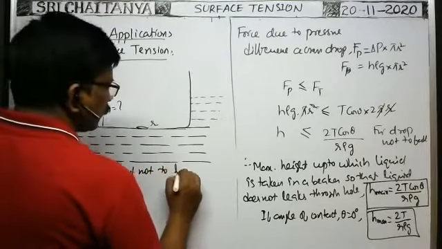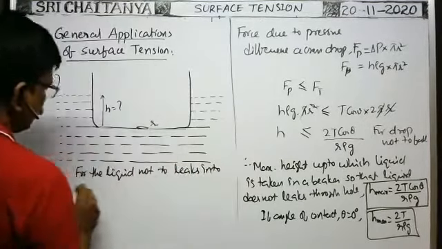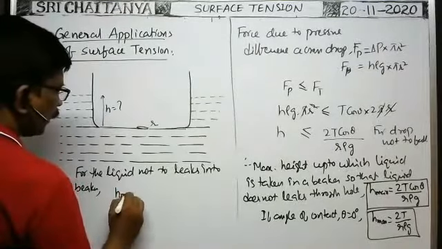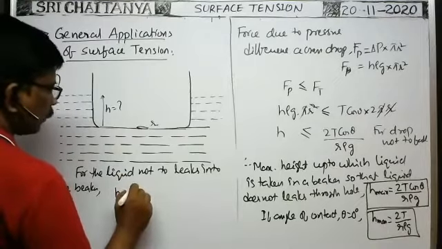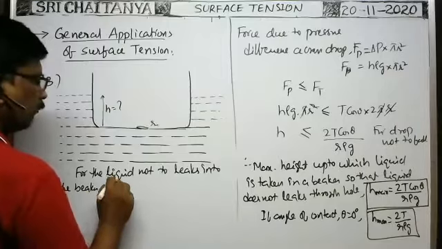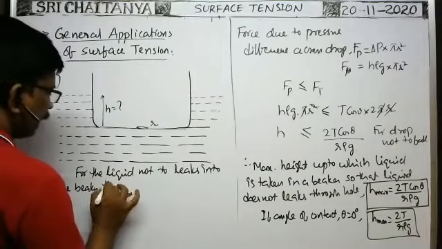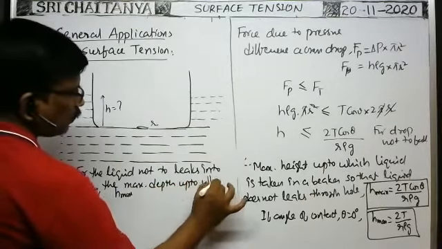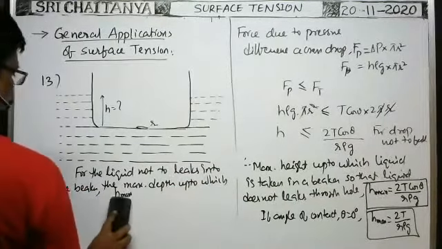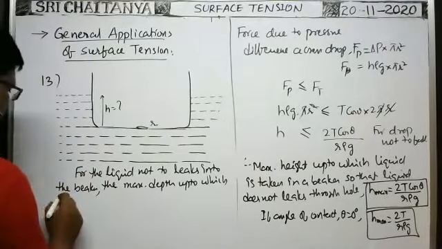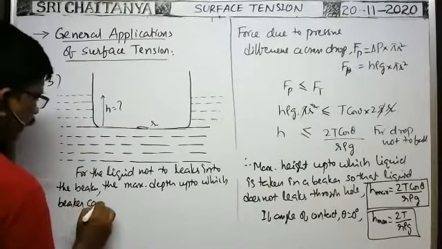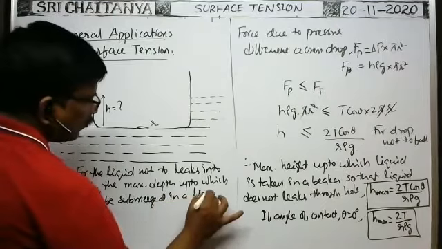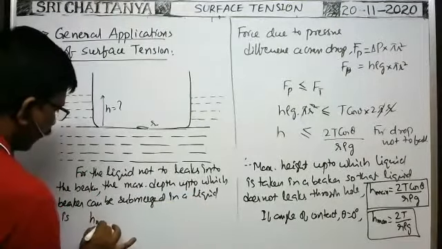For the liquid not to leak into the beaker, the maximum depth up to which the beaker can be submerged, so for the liquid not to leak into the beaker, the maximum depth up to which the beaker can be submerged in a liquid is H max is equal to the same formula,